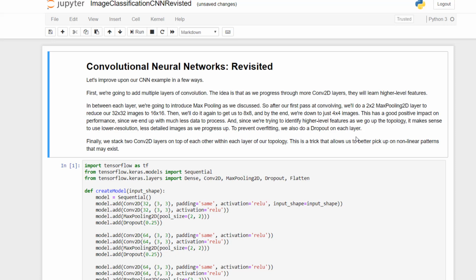The other thing we're going to do is add a max pooling 2D layer in between each layer. So after our first pass at convolving, we'll do a 2x2 max pooling 2D layer to reduce our 32x32 images down to 16x16. Then we'll do it again to get us down to 8x8. And by the end, we're down to just 4x4 images. Now this helps performance a lot since we end up with a lot less data to process. And since we're identifying higher level features as we go up the topology of our deep neural network, it makes sense to use lower resolution images as we go higher up, since that detail becomes less important as you're looking at higher level features. And we're also going to add dropout layers in here like we did before to prevent